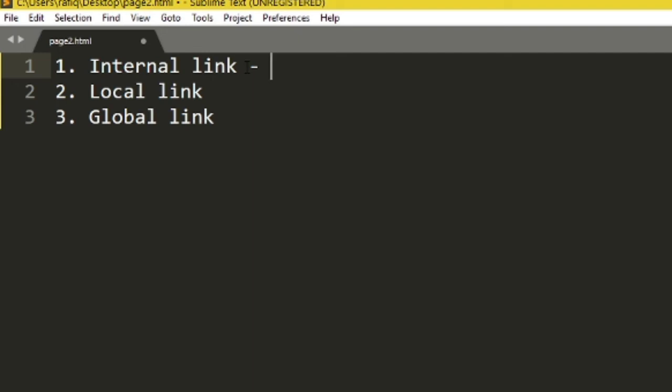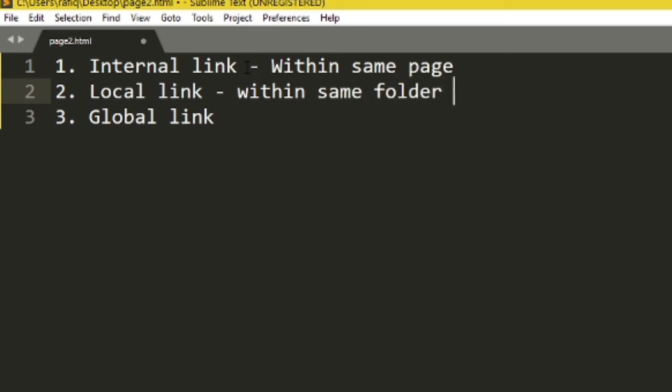The internal link connects within the same page. The local link creates a link within the same folder or same website. And global links create links outside of the folder or website.